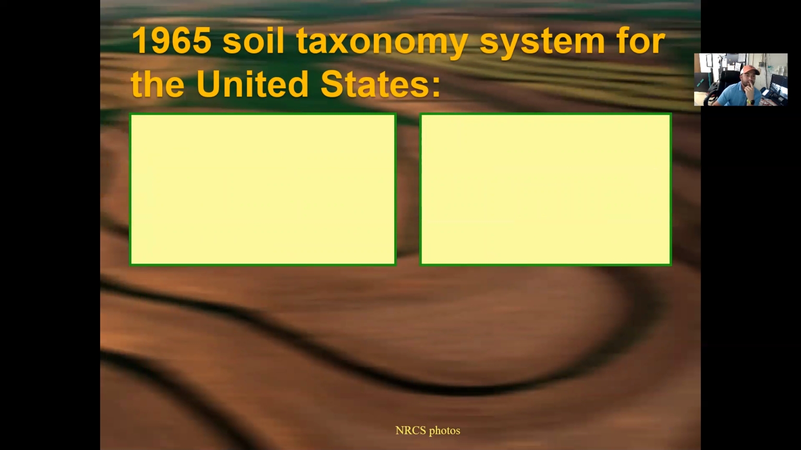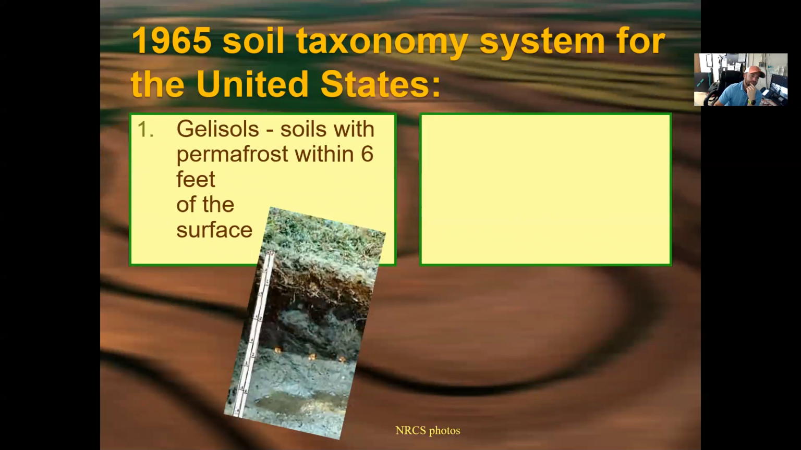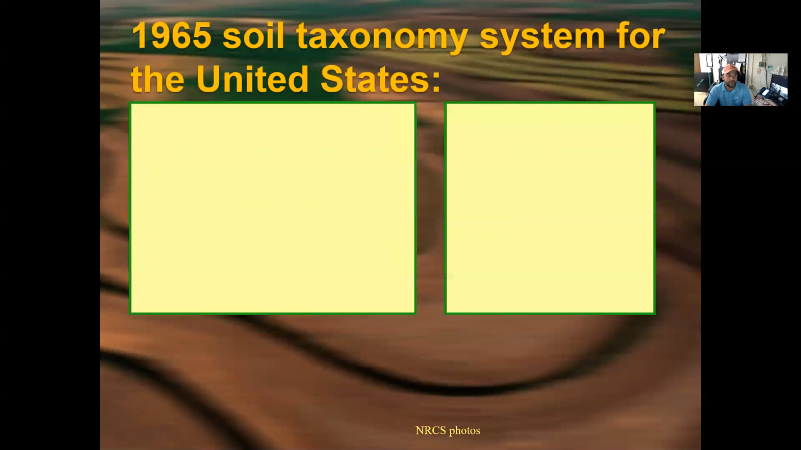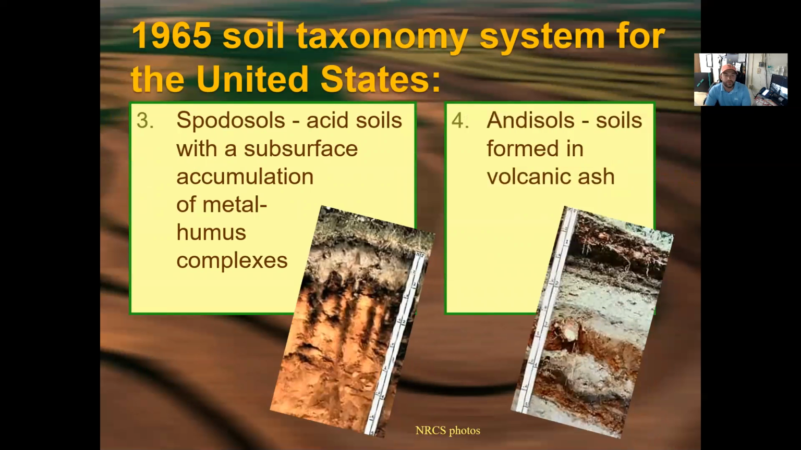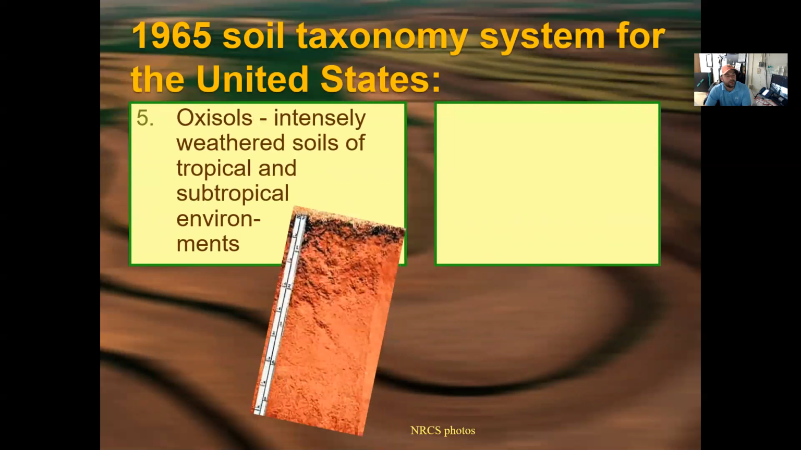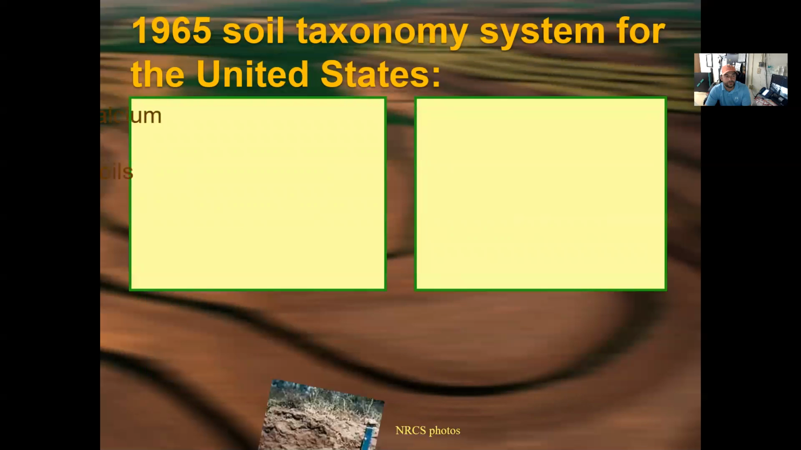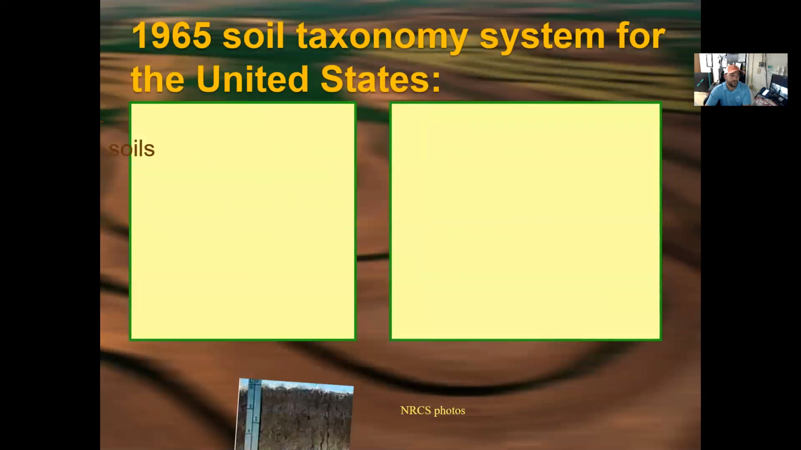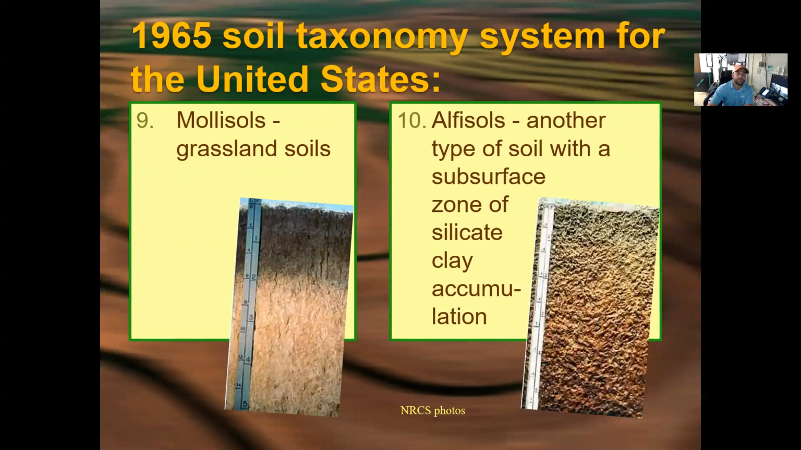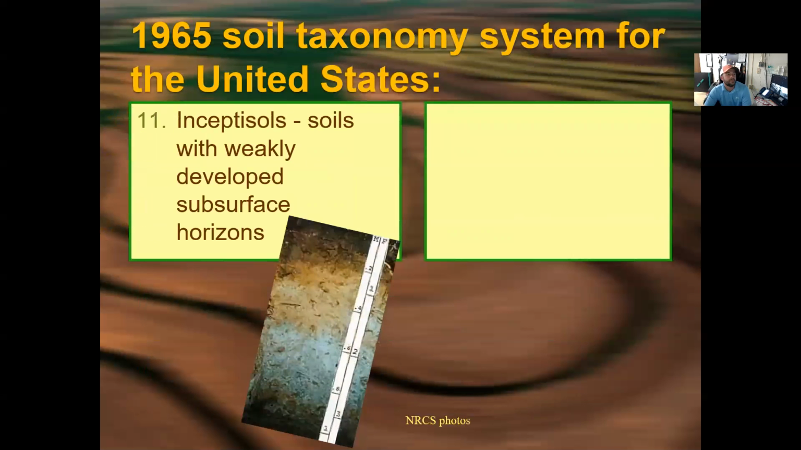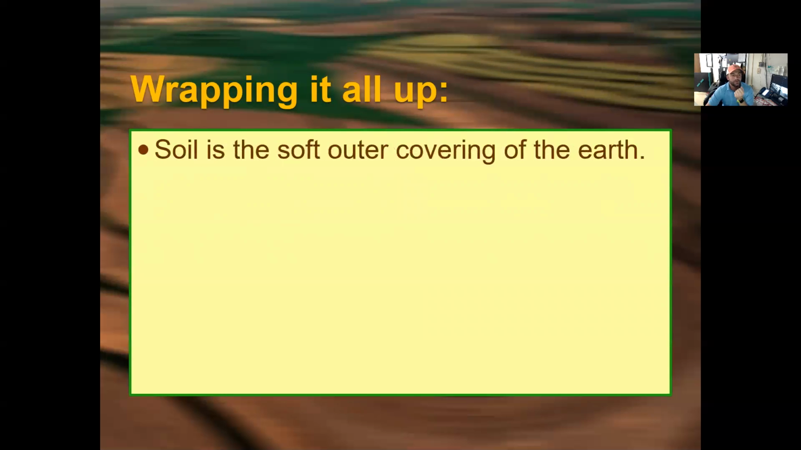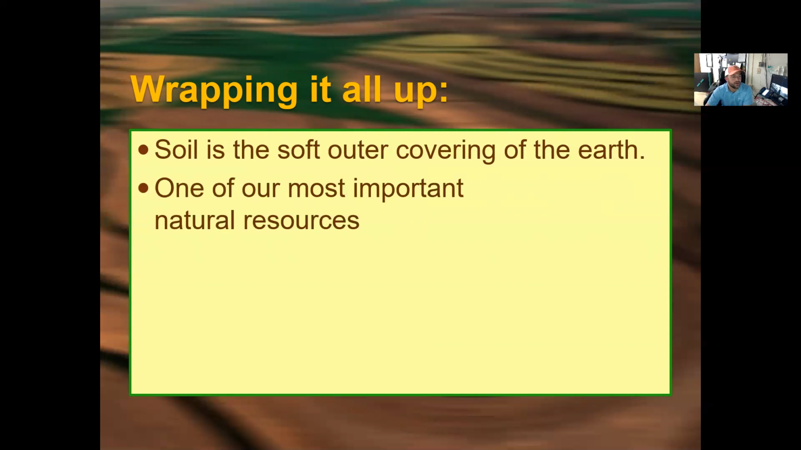So the 1965 soil taxonomy system for the United States. We have gelisols, histosols. I'm going to go through these quickly and you can review these in the PowerPoint attached to your Canvas account. Spodosols, andisols, oxisols, vertisols, aridisols, ultisols, mollisols, alfisols, inceptisols, entisols, and just wrapping it all up,